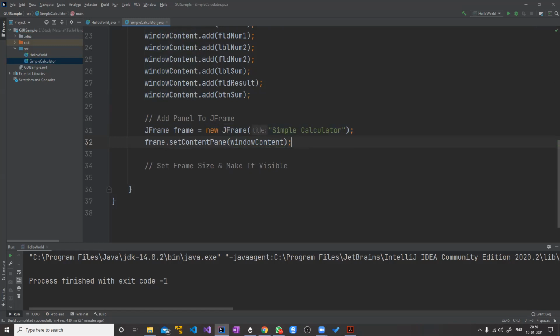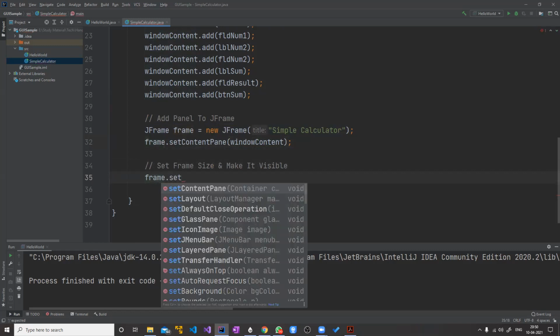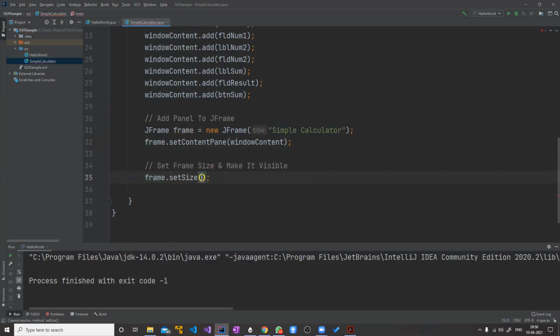Then next, this frame should be made visible. And before that, you may have to set its size as well. So frame dot set size. Here you have to give the dimension. We want it to be horizontal, so let's give it 600 into 300, or say 150.